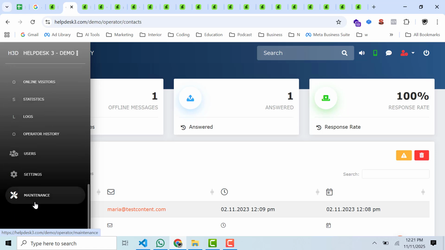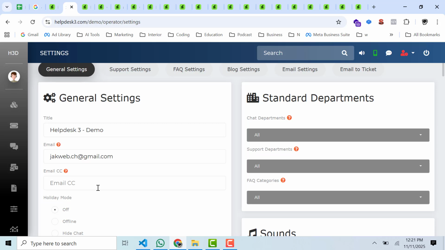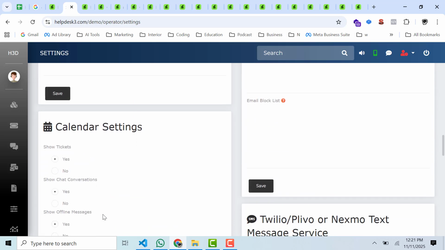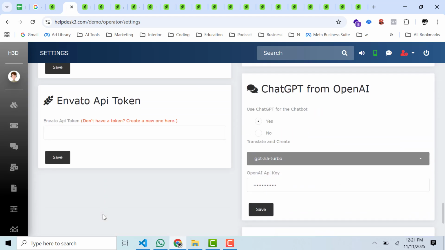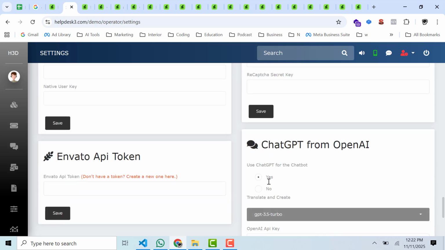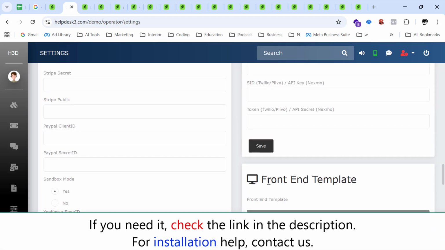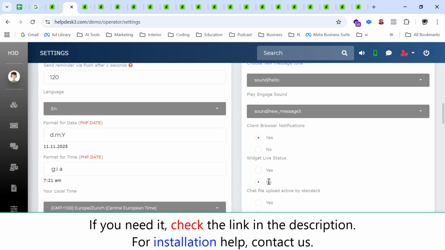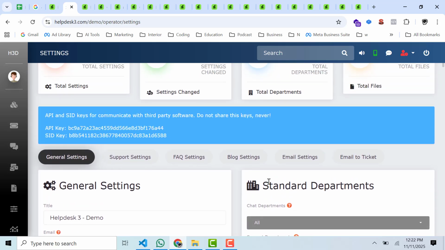logs, operator history, user settings, say general settings, you can customize. Then calendar settings, payment gateway, navigation, API token, ChatGPT from OpenAI, front end template, then message server, blog visitor, client setting, sound, then standard department,